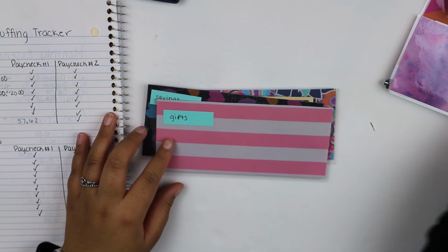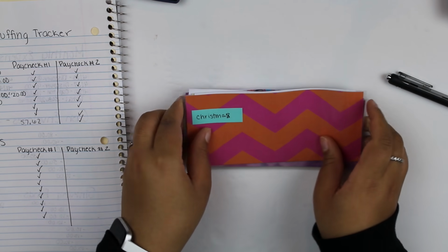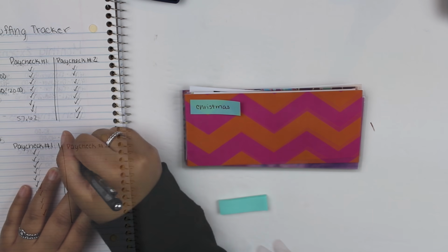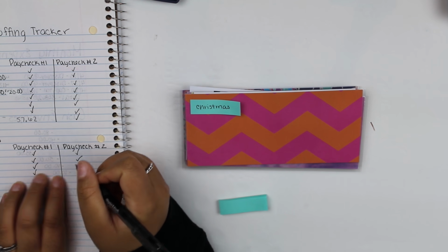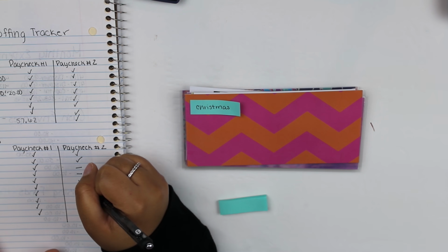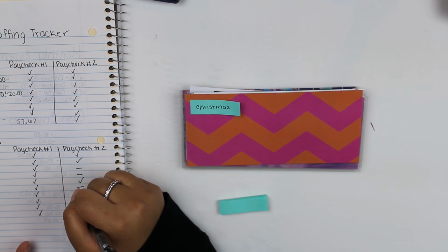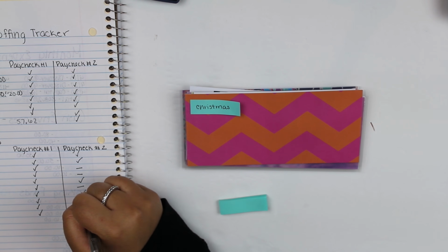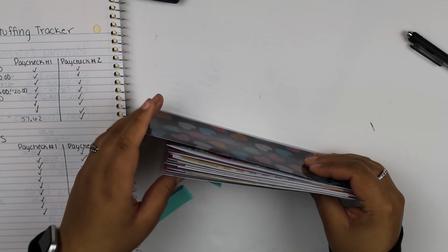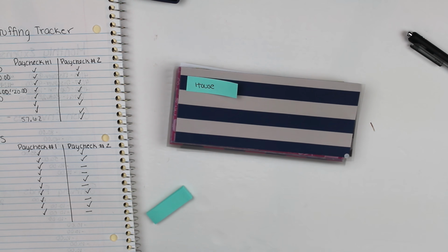So these are all the ones that I stuffed this paycheck. So we're going to go ahead and check those off as well. I'm going to rewrite Christmas because this Christmas is ugly. Wax we did stuff. Groomers we stuffed. Vacation we did not. Birthday we did not. Christmas we did. Car we did not. Gifts we did. House we did not. Savings we did. Camera we did not. Okie dokie. Okay, so these are all of my sinking funds, and like I said, with my sinking funds, I